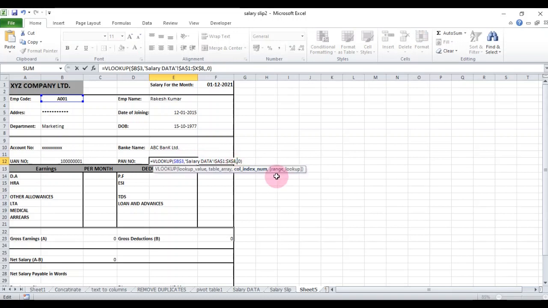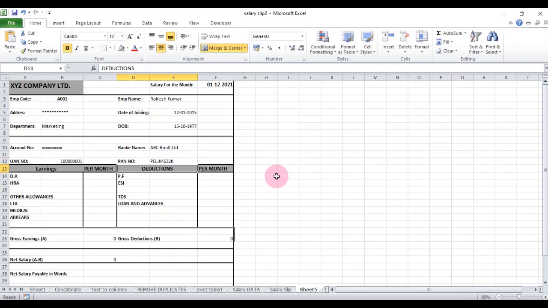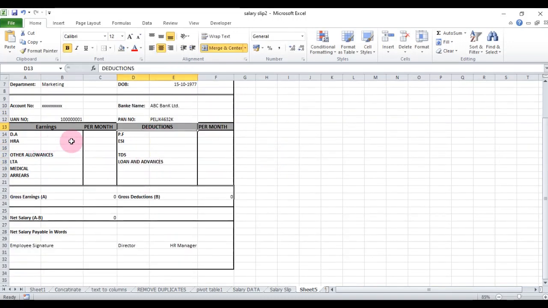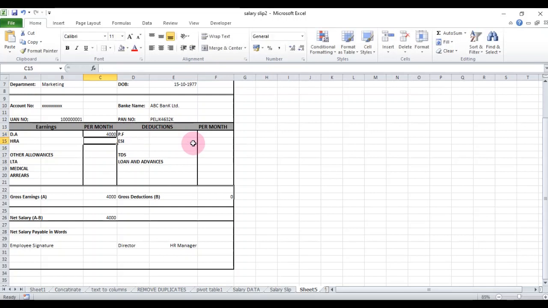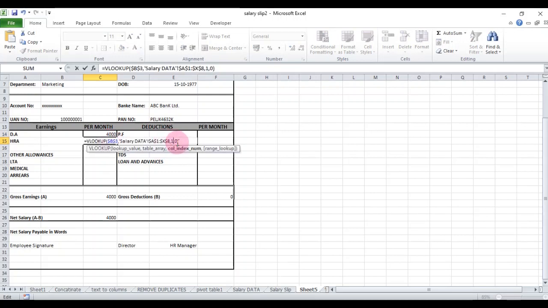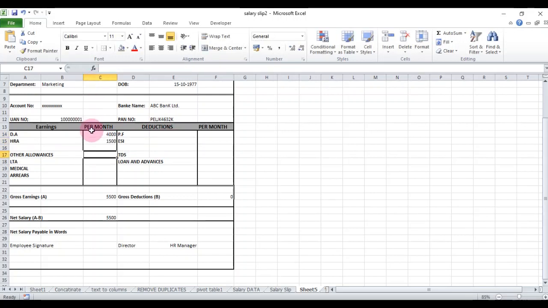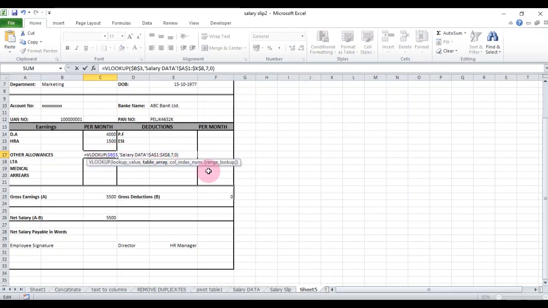PF number is mentioned in the 5th column, sorry. DA, paste the formula, change the column number to 13, paste, 14, paste, 15.